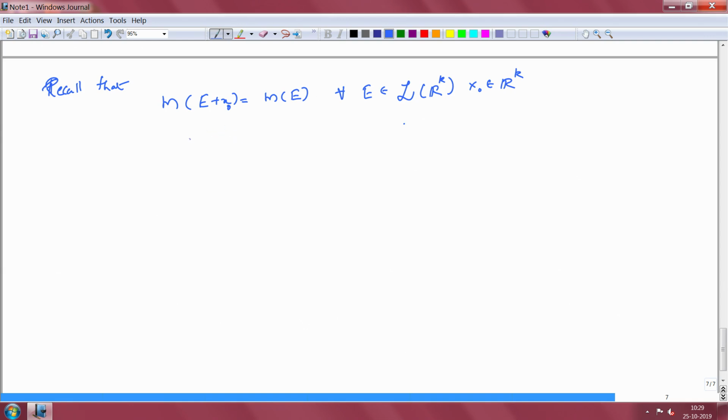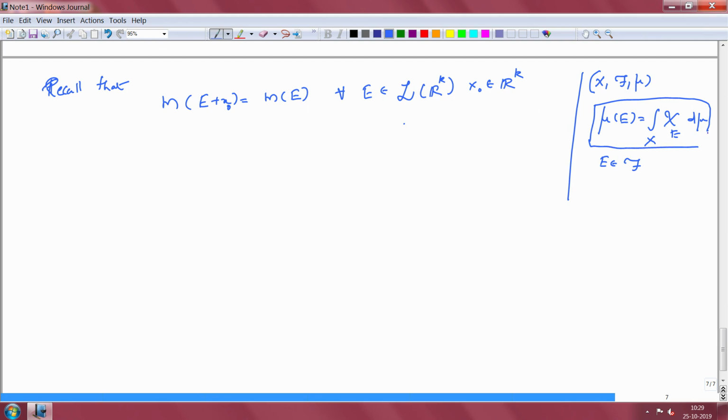Let us write this in terms of integration, since we know that in any measure space we started with the measure of a set E being equal to the integral of the indicator of E, whenever E was a measurable set, and this was the basis for everything. This gave us integration for simple functions, and by taking limits for positive functions and then for all functions. So, we can use the same technique. How do we do that?